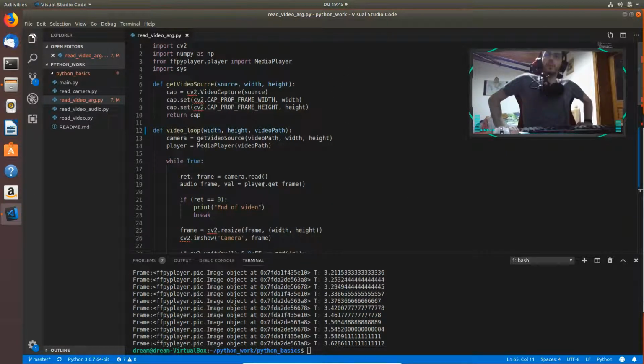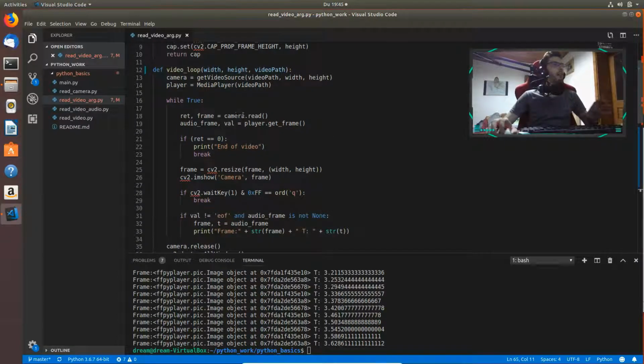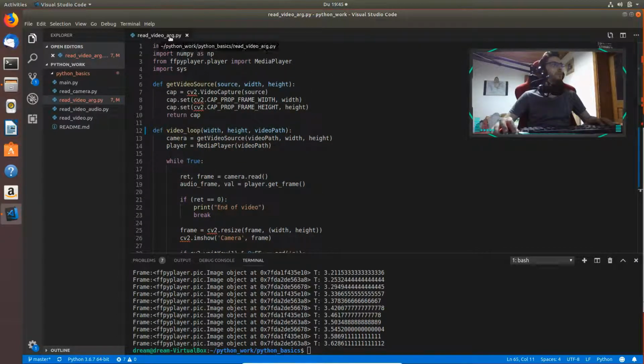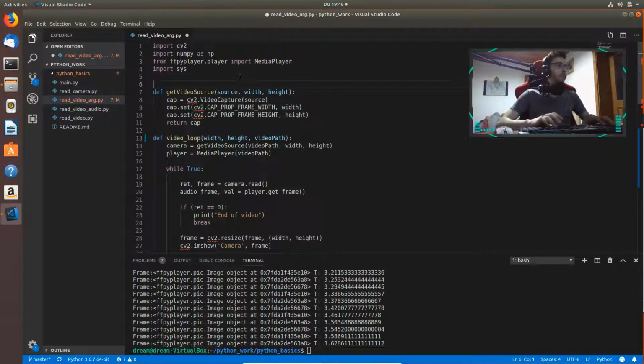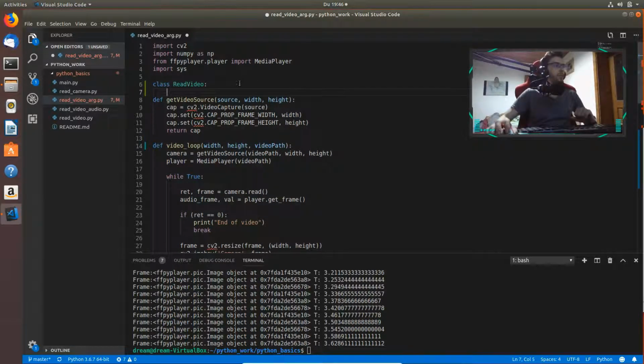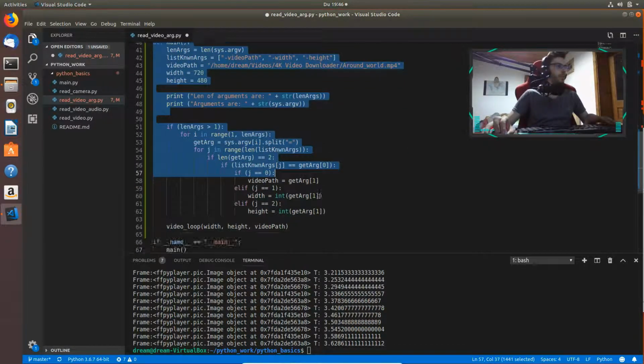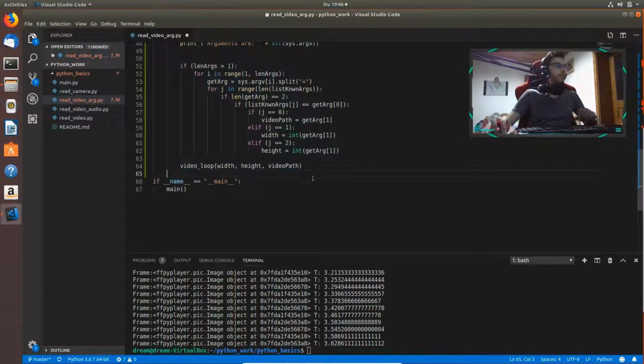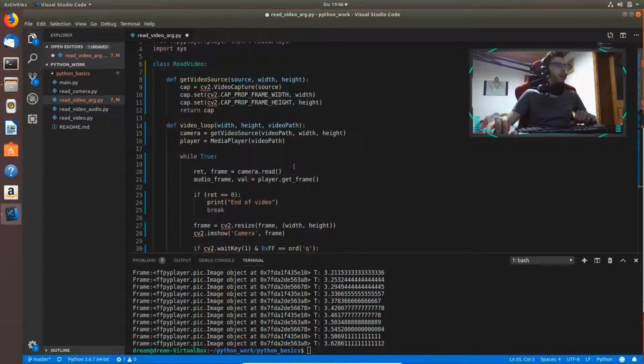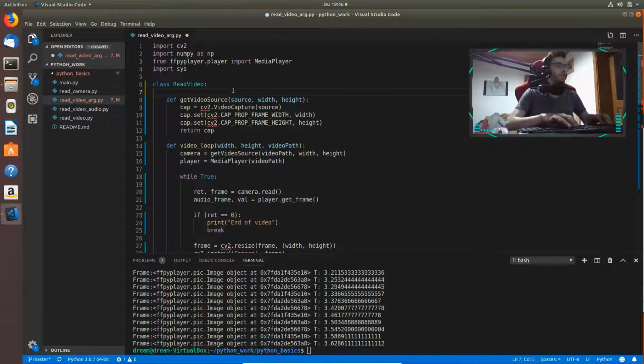So I'm thinking about creating a class which will display everything. A class which will be like read video args, and this class will only be like read video. Actually read video, it's okay. Inside this class I'll add the same functions, but I'll do another so-called constructor which is def init,